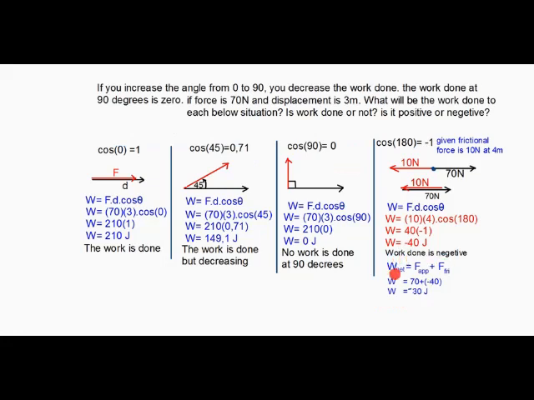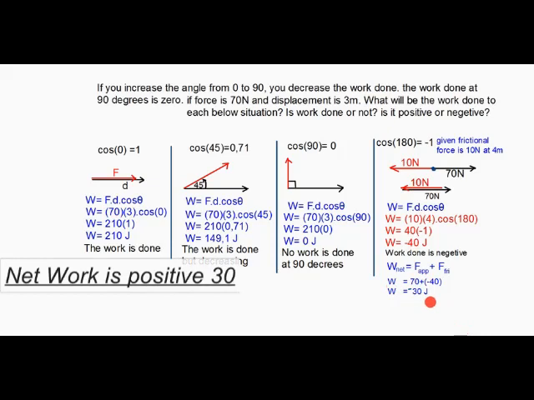The net work done in the end is equal to the force applied, which is 70 newtons at the beginning, plus the frictional force, which is 10 newtons. The net work will be the 70 plus, inside the brackets, we will say this negative 40 joules, plus times negative gives negative, then 70 minus 40 will give 30 joules. That is the net work done in this scenario.